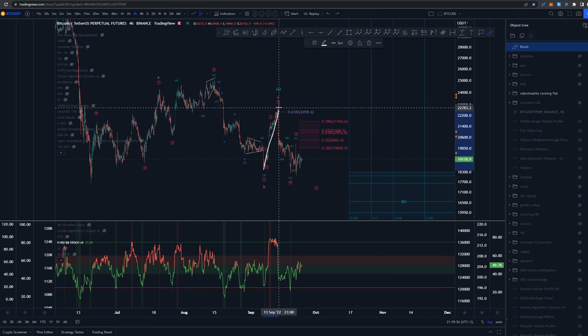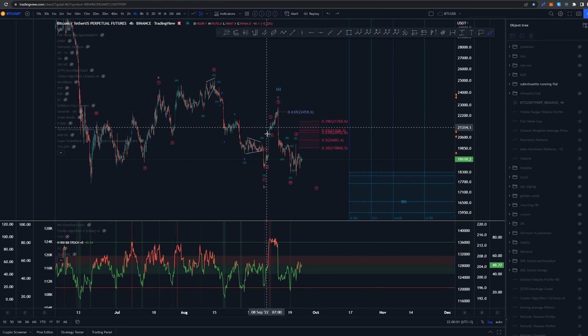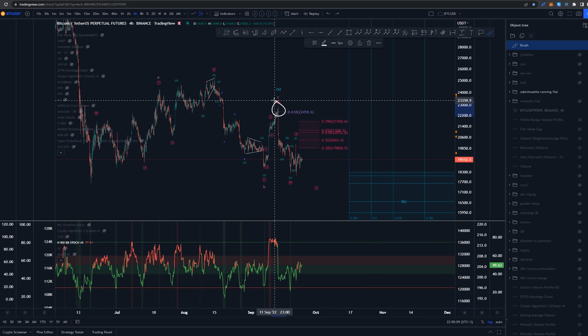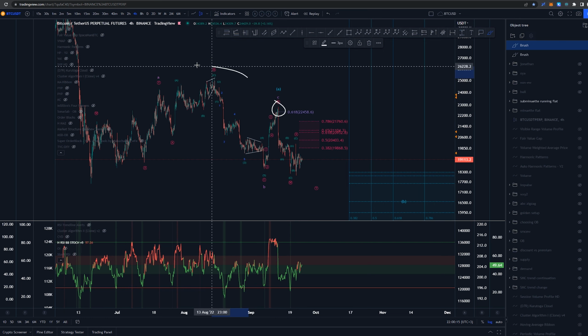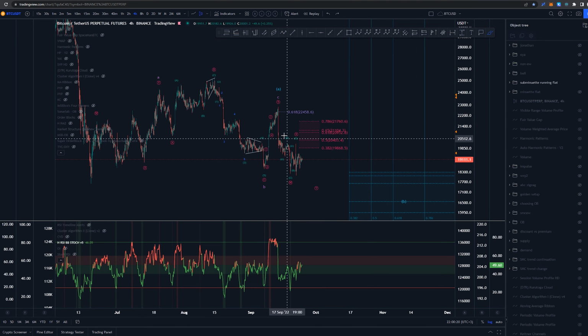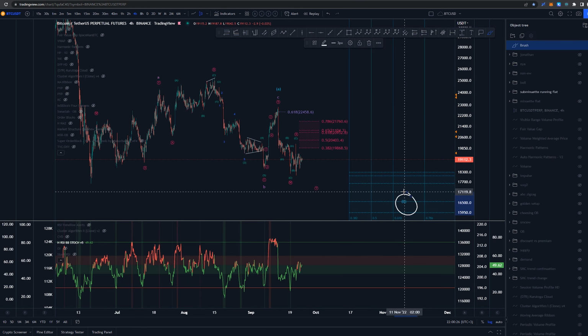So that is the only way we can have it as a C wave, the end of something. Also, what would support this whole idea over anything else at the moment is the RSI. We have created a new high here on RSI. This would suggest that this would be no longer part of anything here, or anything beyond this is not a part of this structure. So anything starting from here would be a separate structure, which would make sense that we would be looking for